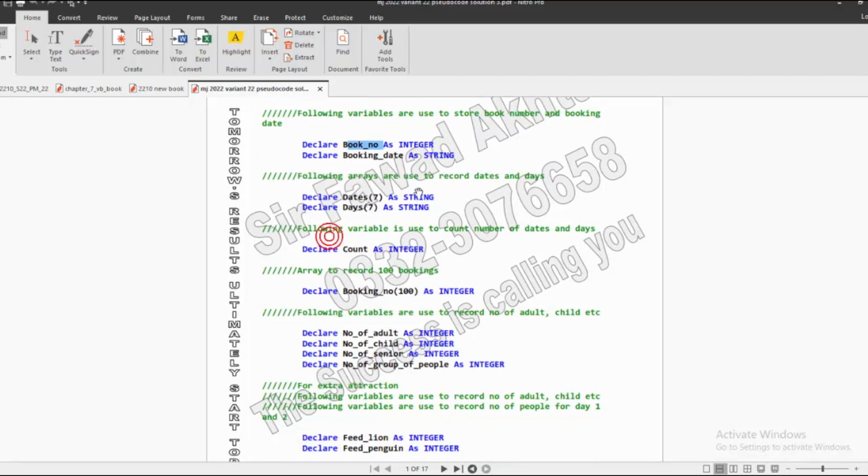Then the following arrays are used to record the data. This is a key point: when I was making the pseudocode, I thought that there must be a question in the question paper that you have to declare any two arrays in your task 1 or in your program. So I decided to make a variable with an array. So that is why I use